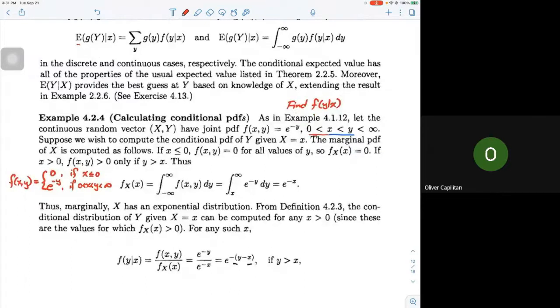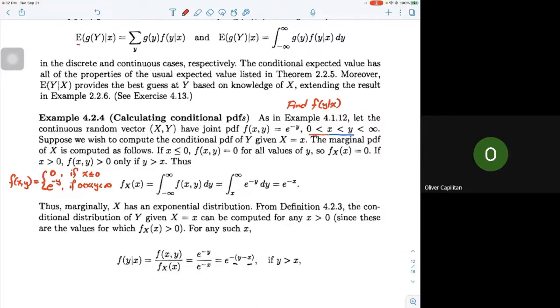So using our formula for the marginal PDF of x, we have here the improper integral of our joint PDF dy evaluated from negative infinity to positive infinity. Since we're going to evaluate this integral with respect to y, and y is greater than x, if we apply the indicator function, then the lower bound for our integral would be x to positive infinity. So if we're going to solve this,